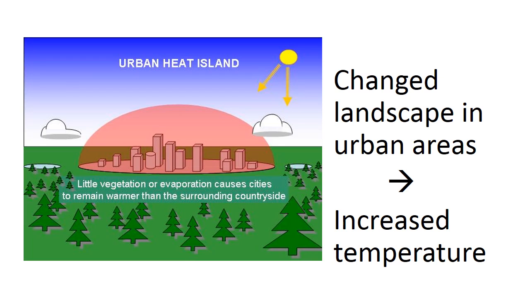So you may be wondering, why are they hotter? Well, in short, this is due to the changed landscape in urban areas, which leads to increased temperature. As urban areas develop, changes occur in their landscape. Buildings, roads, and other infrastructure replace open land and vegetation. Surfaces that were once permeable and moist become impermeable and dry. These changes cause urban regions to become warmer than their rural surroundings, forming an island of higher temperatures in the